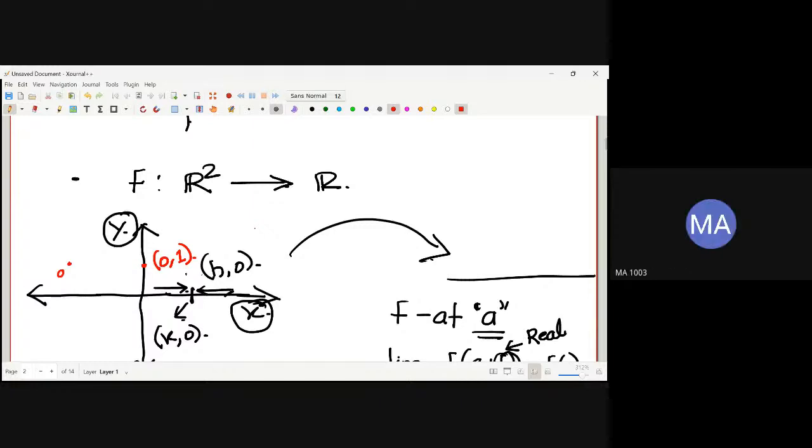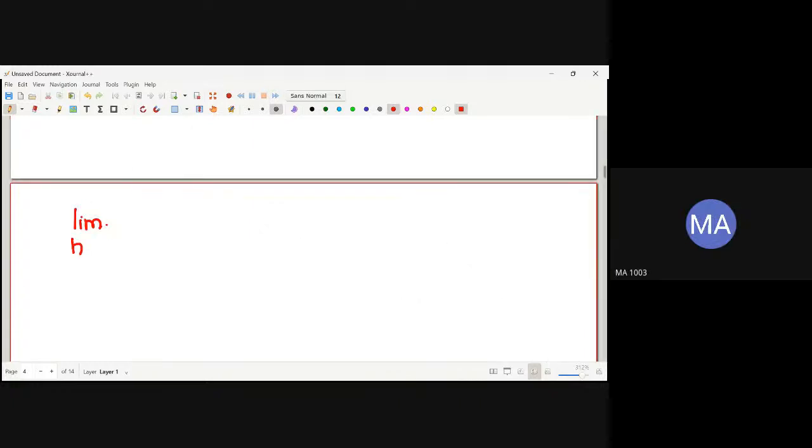In that case, similarly, you can define this as the limit as h tends to 0 of [f((a, b) + h(0, 1)) minus f(a, b)] divided by h. And again,